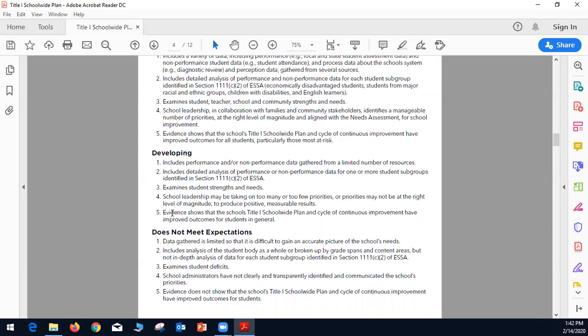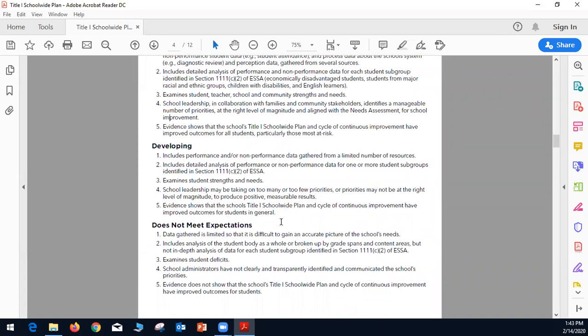A plan under development will show evidence that the Title I school-wide plan and cycle of continuous improvement have improved outcomes for students in general. So here they are not targeted students at most risk.